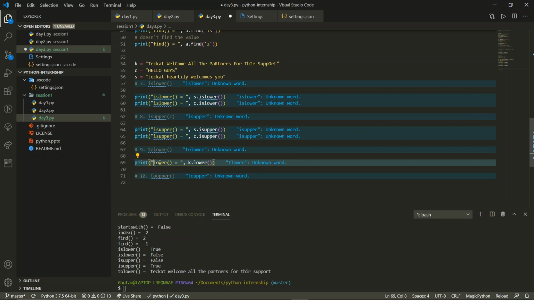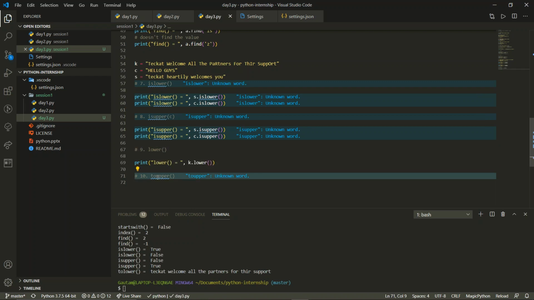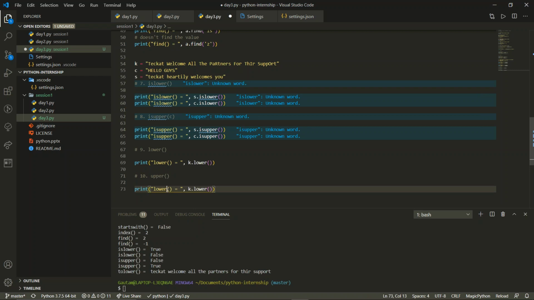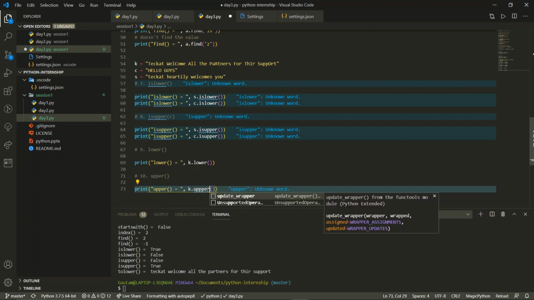So let me change this also. It is lower. Yeah, similarly over here it is upper. So we'll just make this upper, and copy this, paste this, and change it to upper. Over here the same thing, upper.